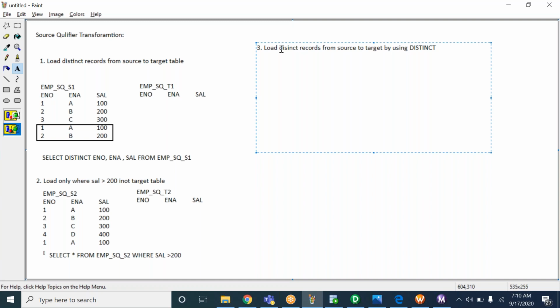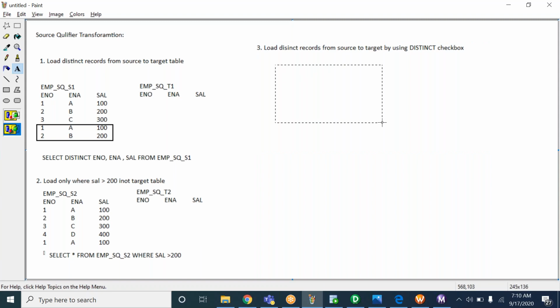Okay, so load distinct records from source to target table by using the distinct checkbox. Here you create another source and target table, S3. This is the third example, and here we should have the same data.